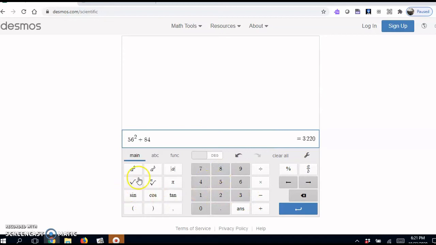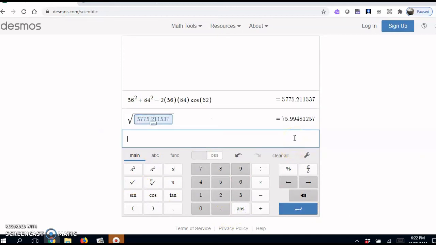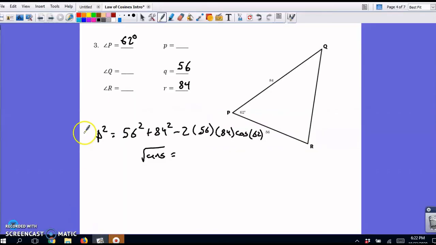84. I think I did them the other way on the page, but it doesn't matter. Minus 2, 56, 84. Cosine, as long as I do the cosine of the angle, which was 62, and then take the square root of that answer, and it's 75.99. Too bad that doesn't round up to just 76, but we'll leave it as a decimal. So 75.99. Now, if there were to be an obtuse angle, it would be the 84,